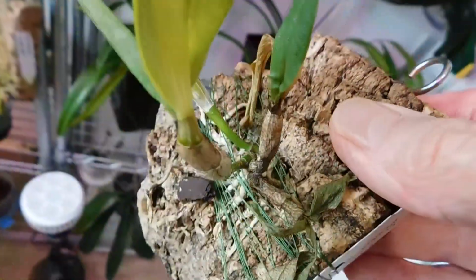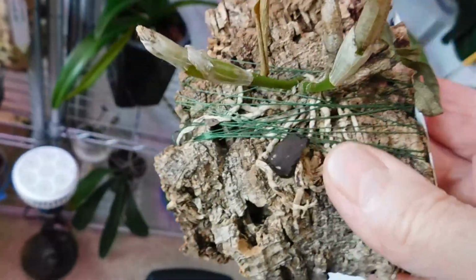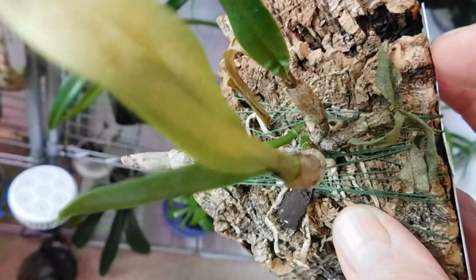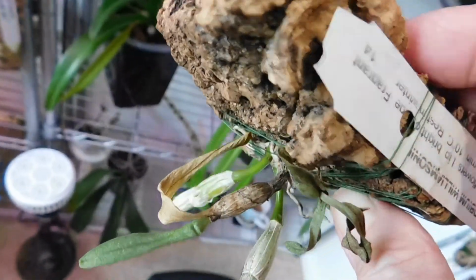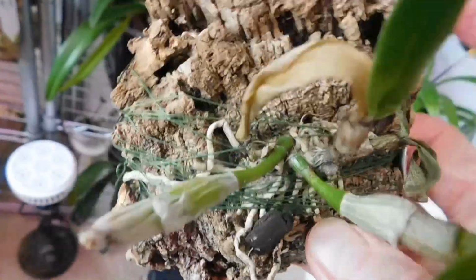This is Dendrobium williamsii. Look at that. To all intents and purposes, that's a goner. But, you know, I'm not going to give up on it yet,